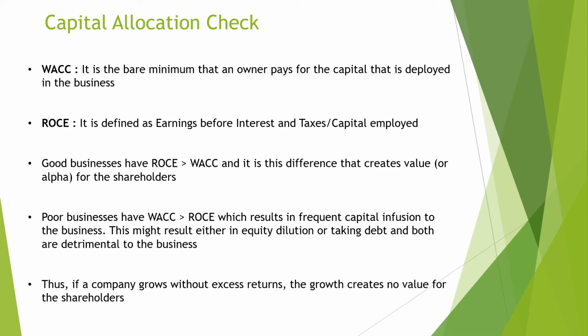Now we know that in every business there has to be some capital which needs to be deployed for funding those assets, right? As we have seen in one of our videos wherein I spoke about the balance sheet, and how the balance sheet reflects the healthiness of a business, like how a business is being funded. What is the capital structure of that business, how the assets in a business are funded? That is what it talks about: assets equal liabilities plus equity. The right hand side is the capital, that is, whether the assets are being funded by taking loans, or through the equity part. So the right hand side of that equation talks about the capital which is being employed in the business.